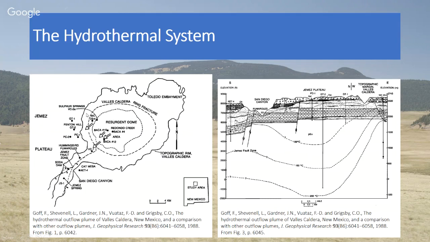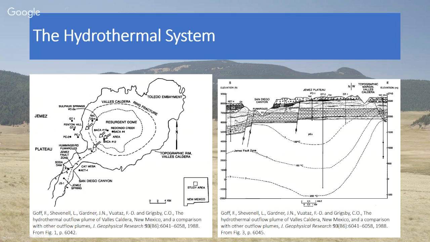But what Goff and company noted was that there was a second branch of the hydrothermal system flowing in this direction. But there's no outlet here. This part of the hydrothermal system has a natural outlet. This part of the hydrothermal system has no outlet. So once water reaches this point, it hits a wall of impermeable rock, and it can't flow any farther. So presumably it eventually has to work its way back out here. This is the drain of the system.